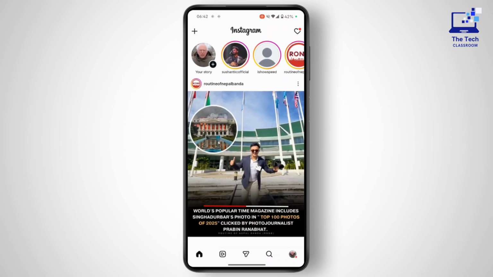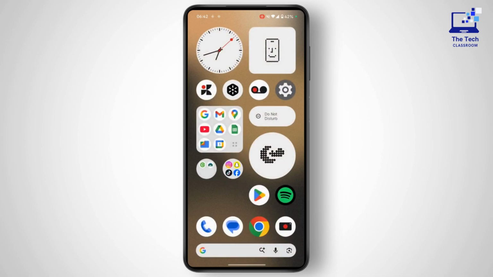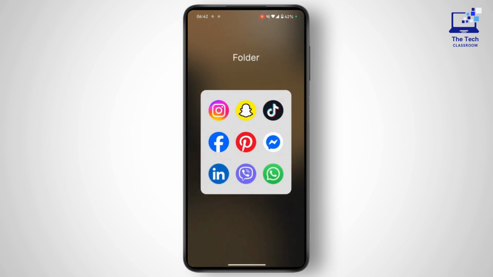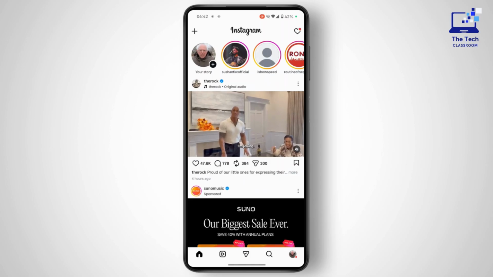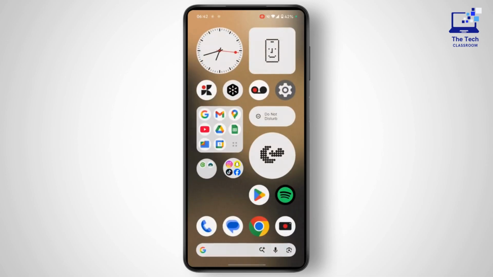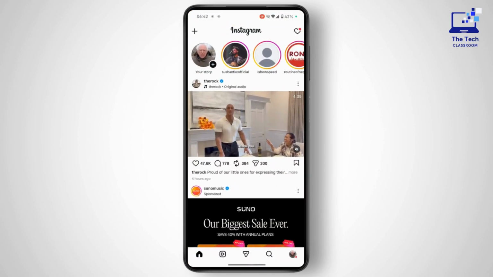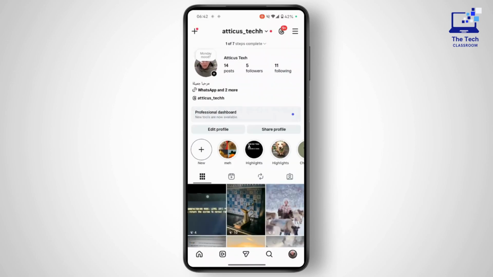If it doesn't, what you'll need to do is you will need to restart your app. So remove it from the background and then restart the app and check if the reel still does not have any sound. If it doesn't, we'll first head over to our Instagram, go to our profile icon at the bottom right, then on the top right we'll head over to three lines,